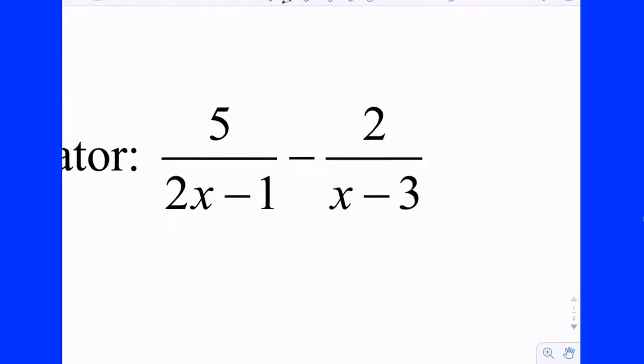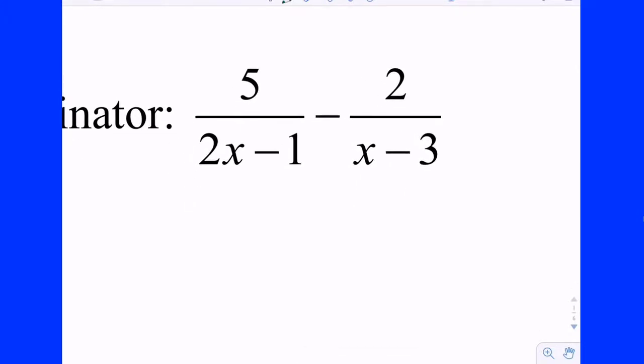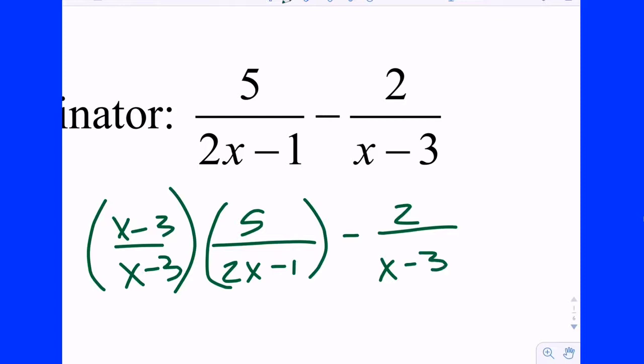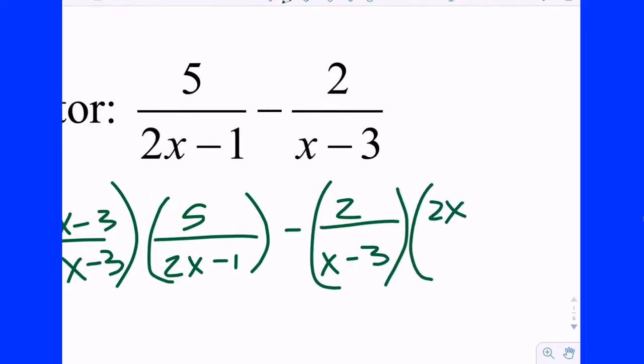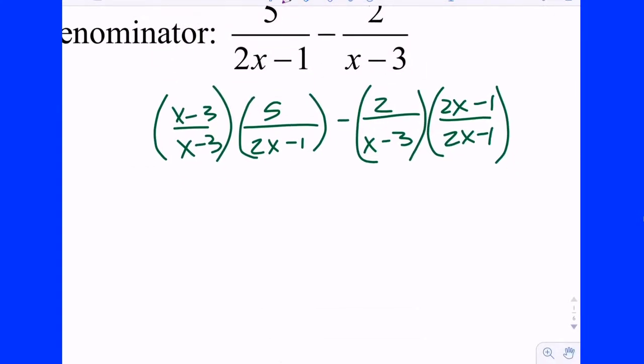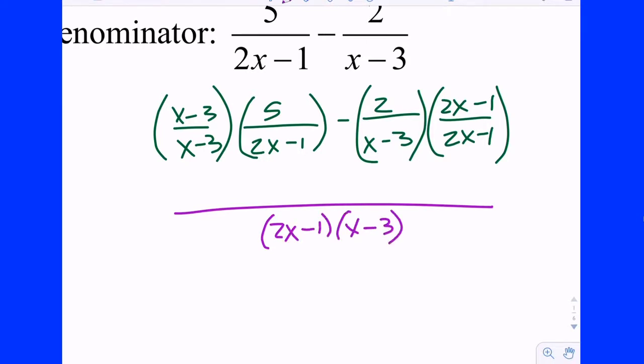Their product. Very good. So, to do it the right way, instead of the crisscross applesauce method, we're going to need to multiply this one by x minus 3 over x minus 3, which is equivalent to what? 1, and you can multiply an expression by 1. Minus 2 over x minus 3, we're going to have to multiply that one by what it's lacking, which is the 2x minus 1 over the 2x minus 1. All right, so now we know that the common denominator is (2x minus 1)(x minus 3). So we can build a shelf and put them in the bottom. And if I distribute, I get 5x minus 3. And if I distribute the negative 2, I get negative 4x plus 2